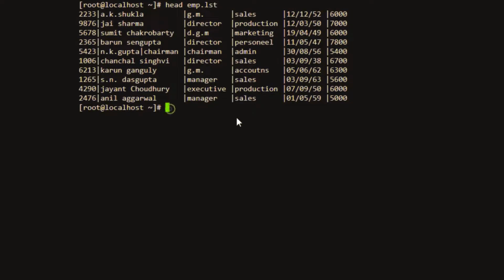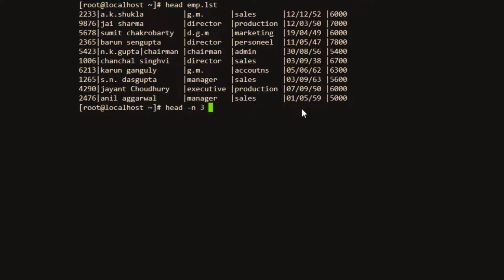The same way you can use an option with the head command, that is the -n option. When you use the -n option followed by the number of lines you want to print, say for example only 3 lines, -n specifies the number of lines, followed by the number of how many lines you want.